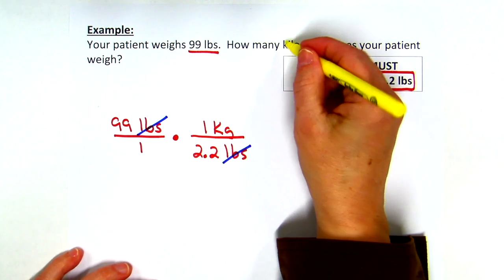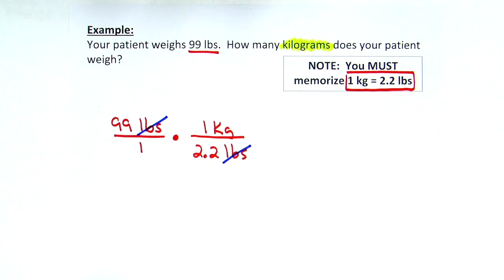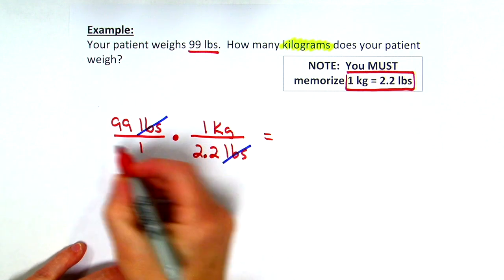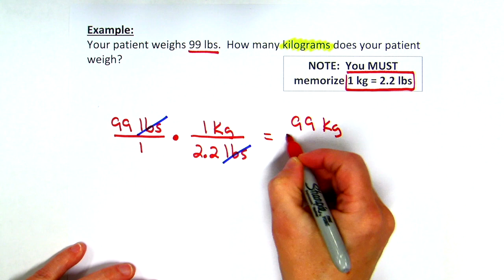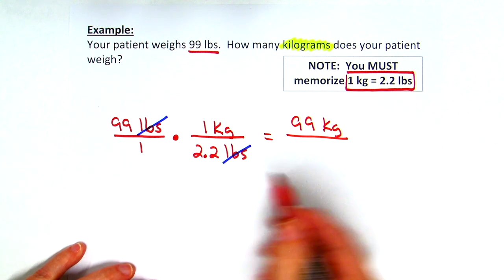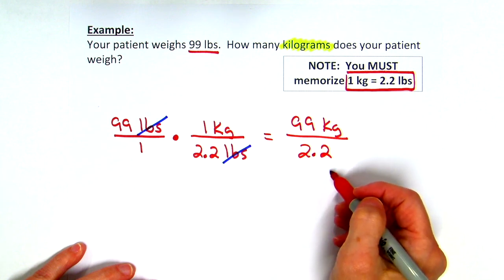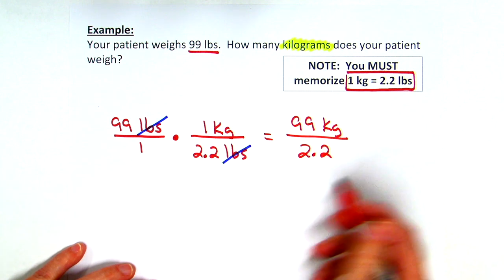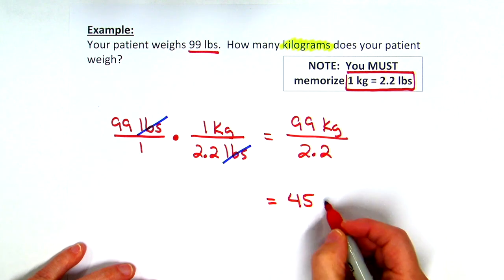This question said how many kilograms. Well, kilograms is the only label I have. So I'm going to multiply straight across the top. 99 times 1 is 99, and I've got a label of kilograms. 1 times 2.2, no label on the bottom. I'm going to take a calculator. I'm going to take 99 divided by 2.2, and that's going to give me 45 with my only label